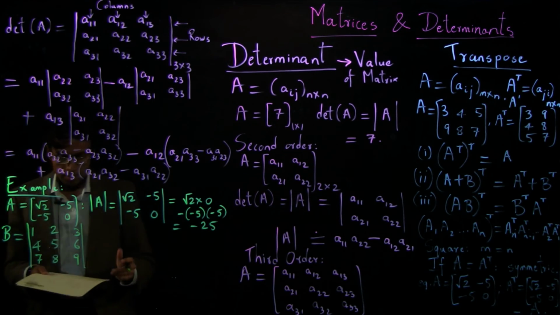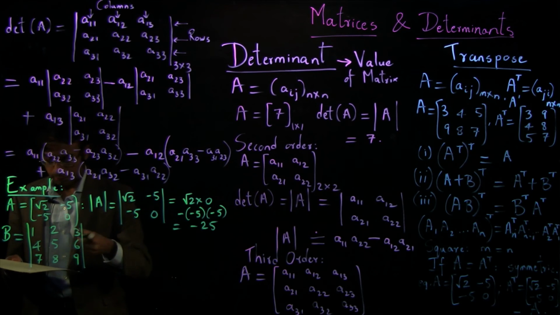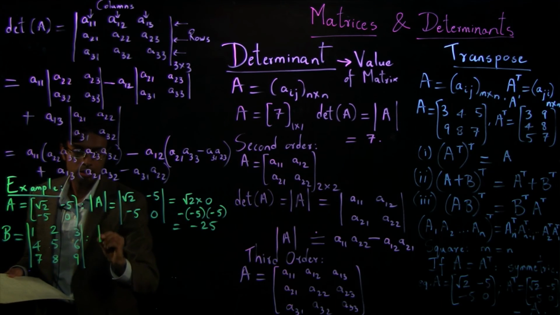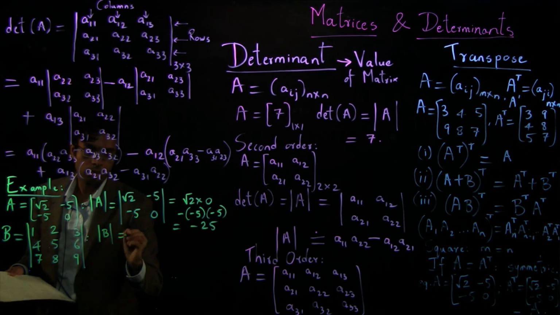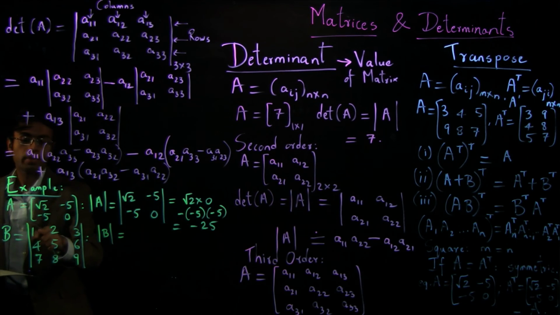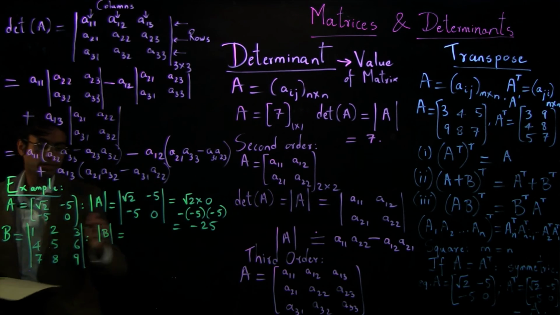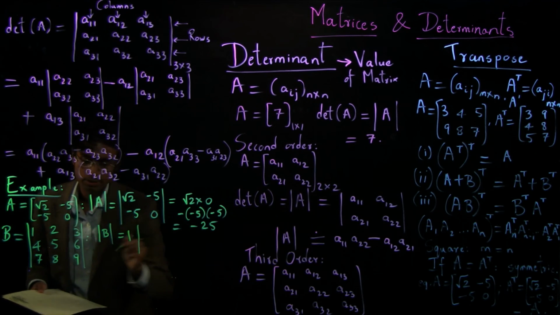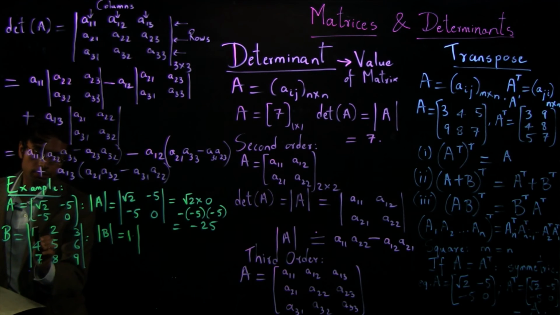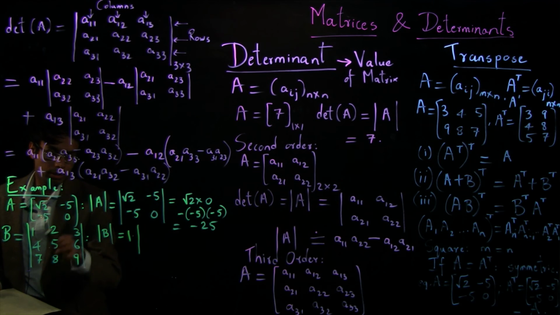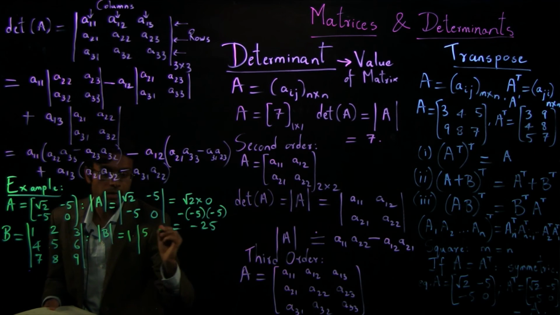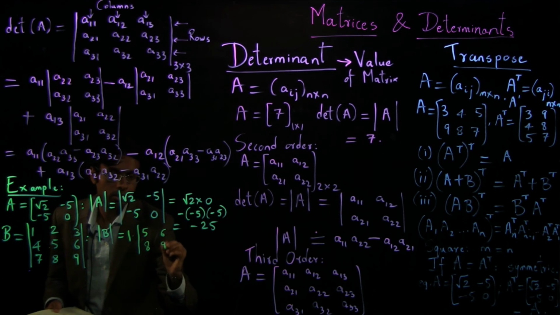And so to find the determinant of B, again, let's expand by the first row. So starting with the first element 1 times, you mentally block off this column and this row, so you take the rest of the matrix. So that is 5, 6, 8, 9